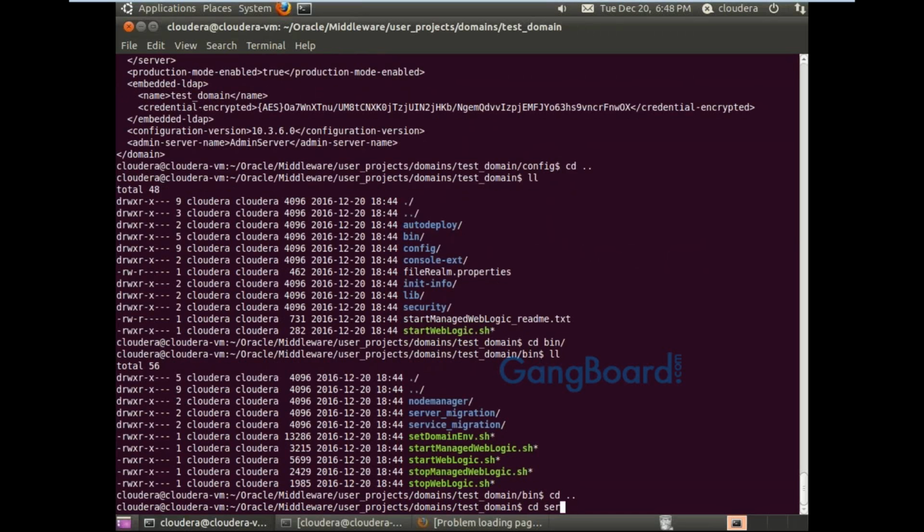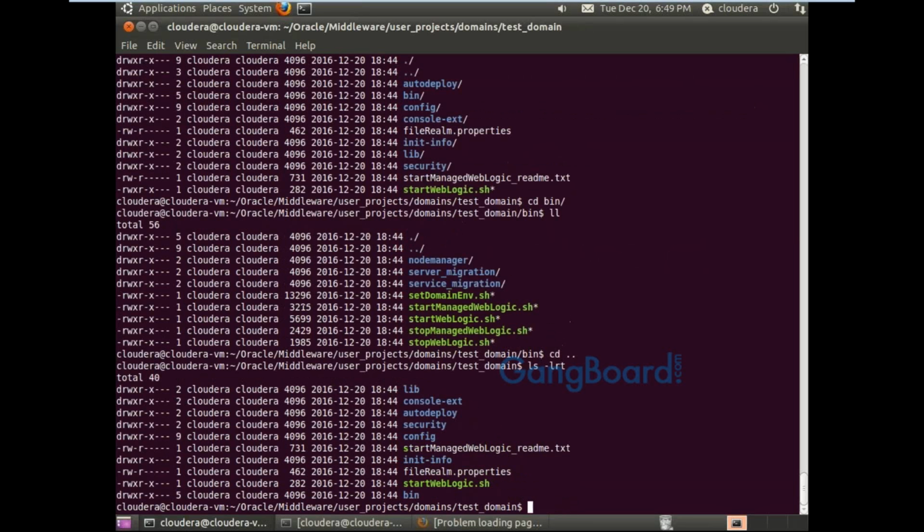One more folder is there. Here you can find that there is no server folder.